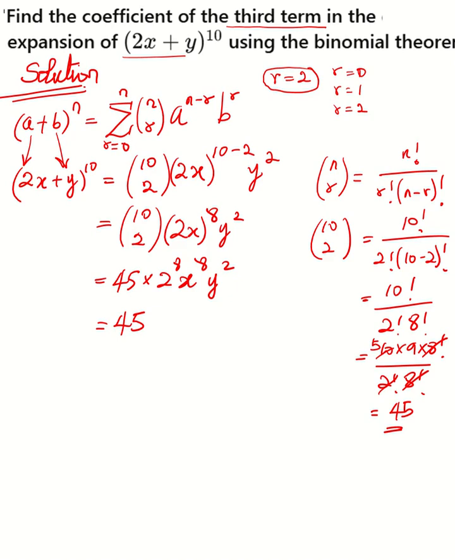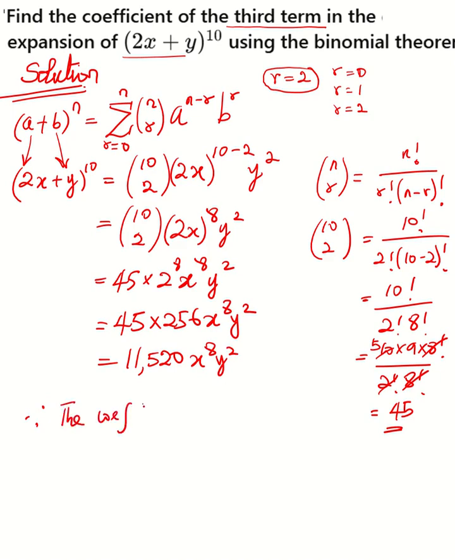So 2 to the power of 8 gives 256. So this is 45 times 256 times x to the power of 8 and y to the power of 2. All right. Now multiply 256 by 45. That will give 11,520 times x to the power of 8 times y to the power of 2. Therefore, the coefficient of the third term